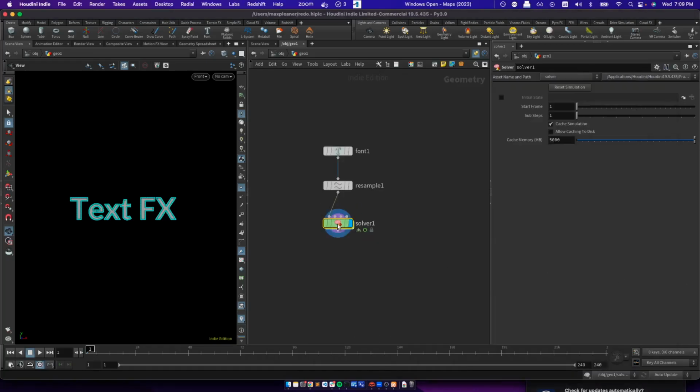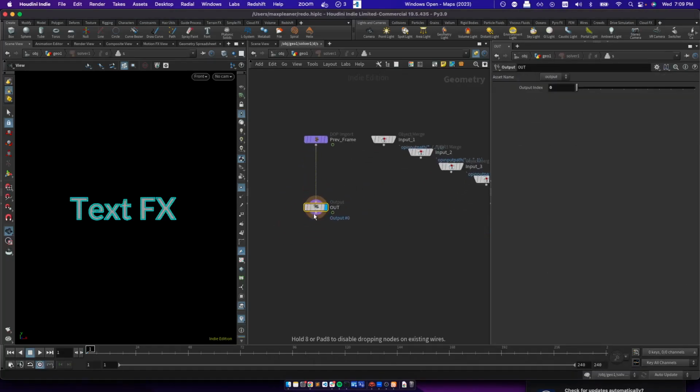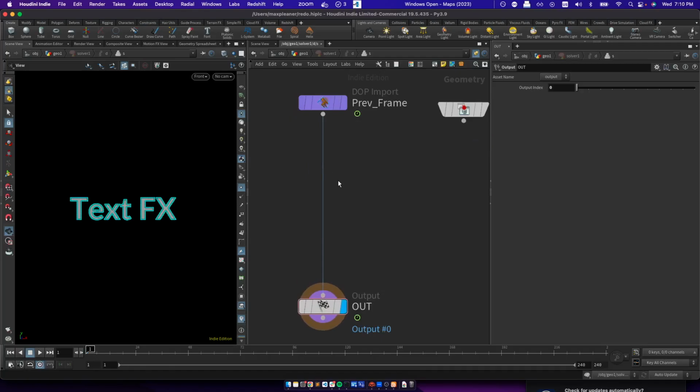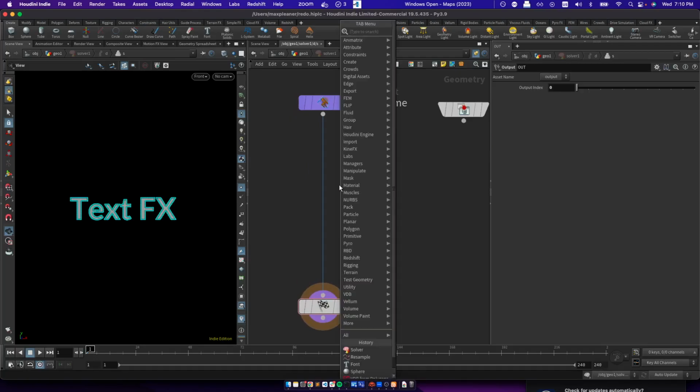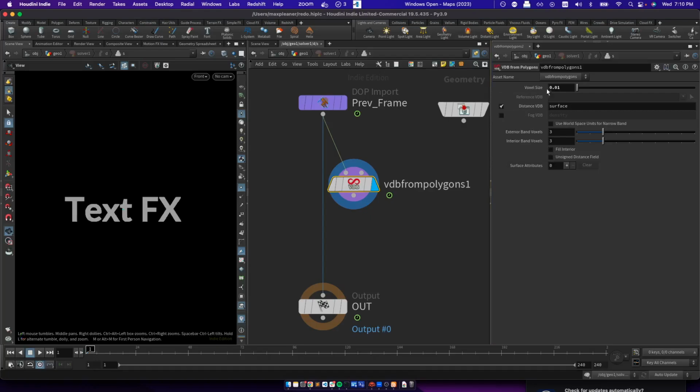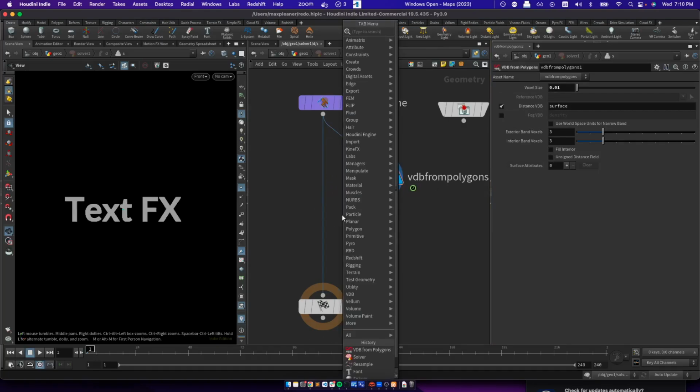Okay, so in this solver, we're just going to get right into it. It's not actually that complicated of a network, but we take our input and, like I said, do a VDB from polygons here. And we should be able to see this right away. Now this obviously doesn't look like much, so let's make it look more accurate by lowering the voxel size here. And then I'm going to write a point wrangle,